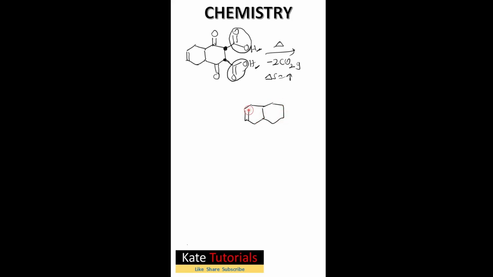Here the double bond O remains as it is, and here we will get two hydrogens, and two molecules of carbon dioxide have been liberated. So this is the first step. The second step that they have given is